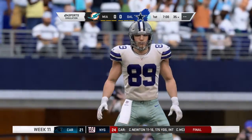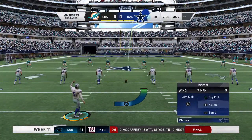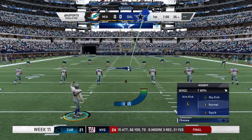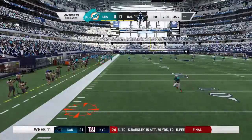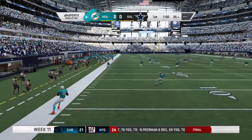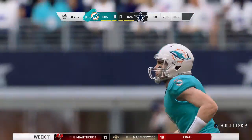Just a gorgeous fall afternoon in the heart of Texas. No weather to speak of. Sun out, roof open. Yes, yes, and yes. A great day for football at AT&T Stadium in Arlington. Coming up, we've got a good matchup on tap between the Miami Dolphins